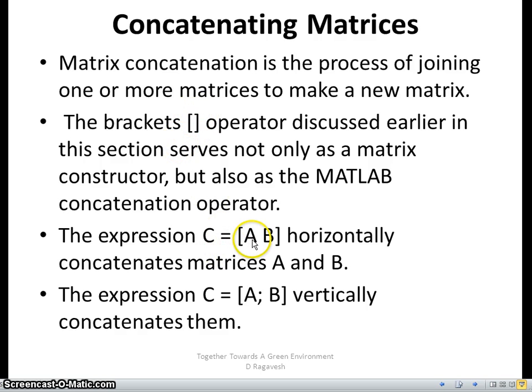But first you have to initialize the matrices A and B, then you can go for concatenation. You have to be very careful about the number of rows and columns, and you know very well, whenever you merge matrices, the number of rows or columns, depending on how you merge, should be uniform. Non-uniform matrices cannot be merged.